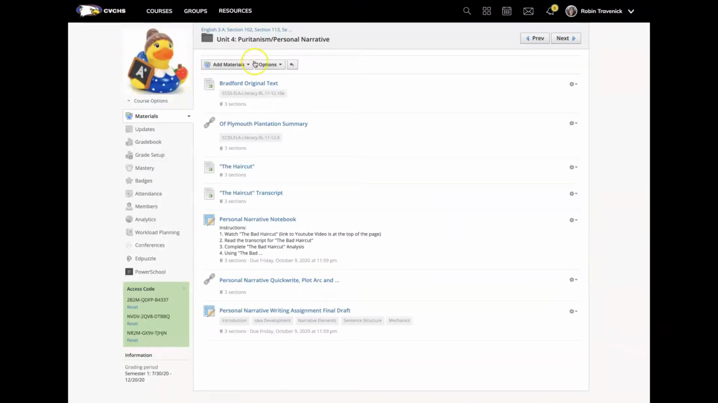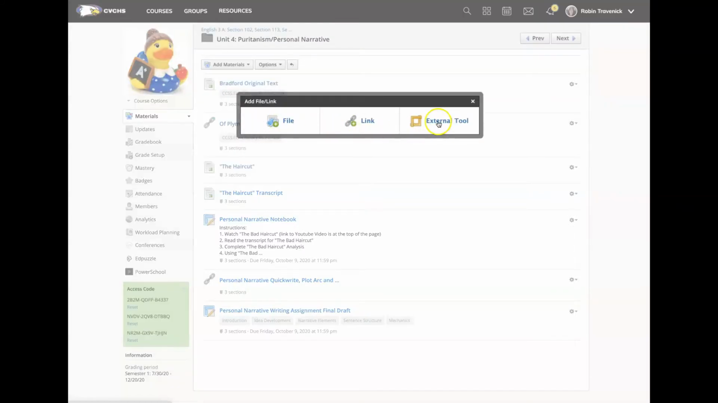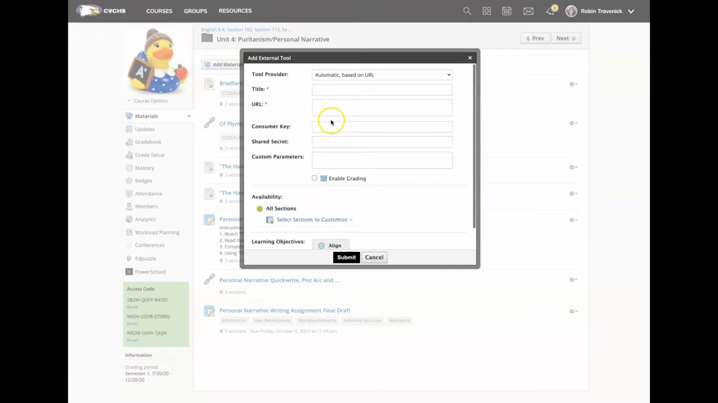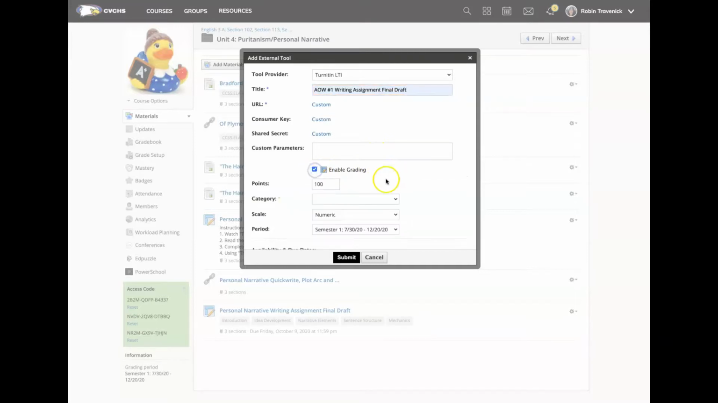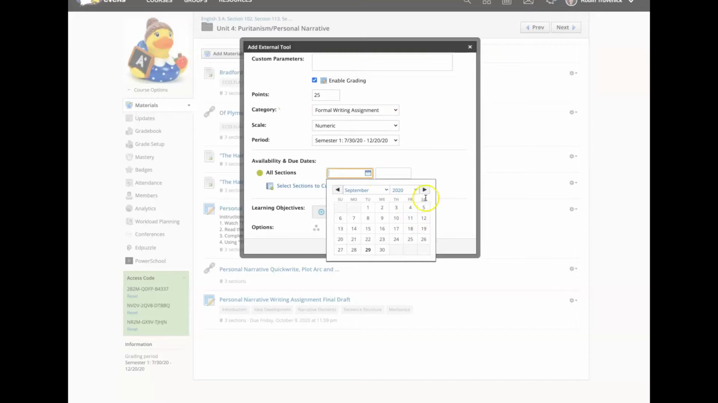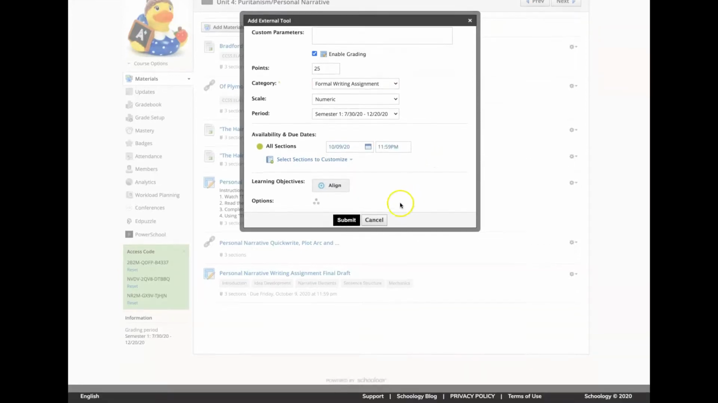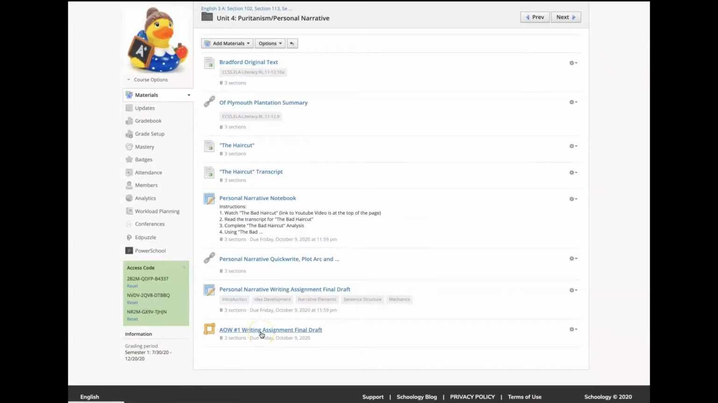All right, so let's try it again. We're going to add a Turnitin assignment. We're going to go to Add File, External Tool. We're going to choose External Tool. We're going to scroll up, and we're going to go to Turnitin LTI. We're going to give our assignment a name. We're going to enable grading. So this is how you want it to grade in Schoology, with category and everything like that. This is where you're going to tell Schoology what day it's due. Submit. And you have a second step that now you've set it up in Schoology, but now you have